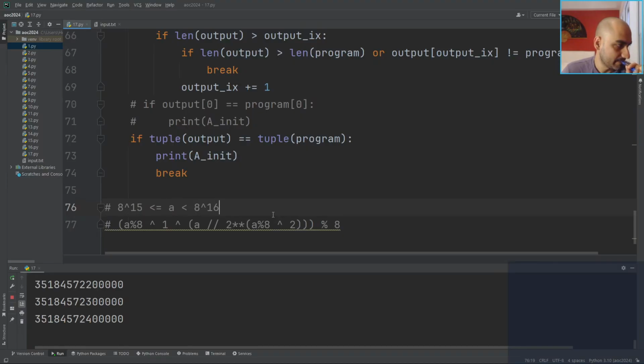What does it mean to divide by 8? That's a bit shift, isn't it? A bit shift of 3. That's quite key, isn't it? Because that means we are actually looking at groups of 3 bits in this number A, and it's somewhat independent. But then it's not, is it? Because when you use this formula,